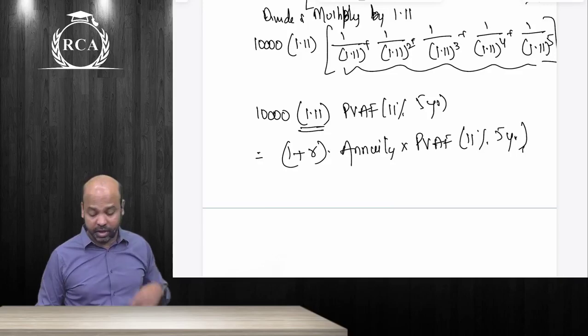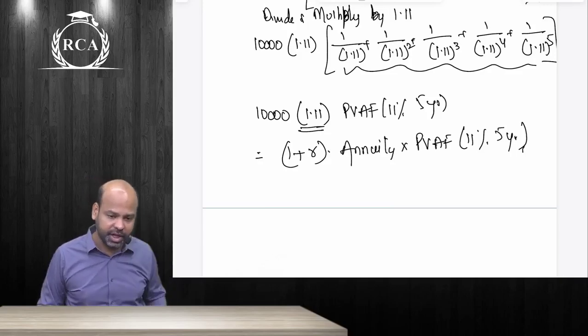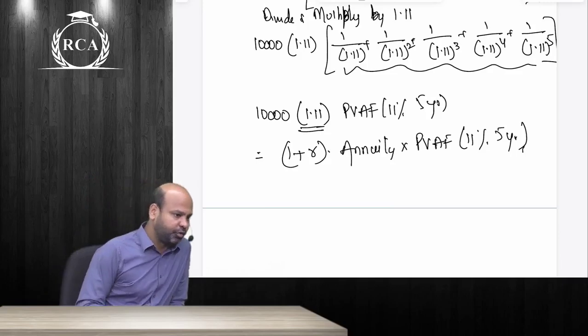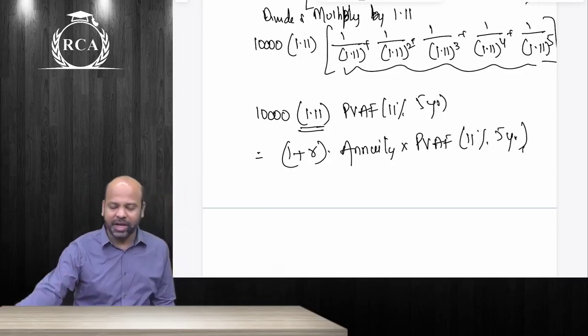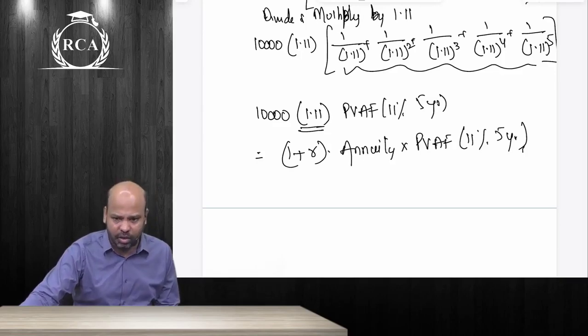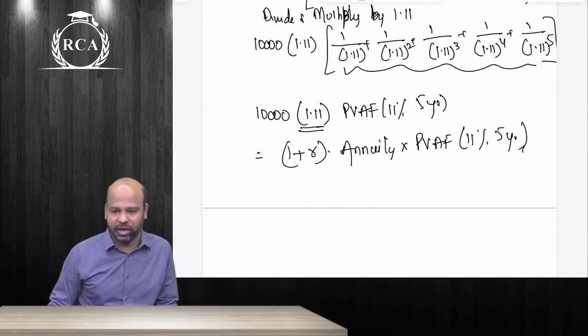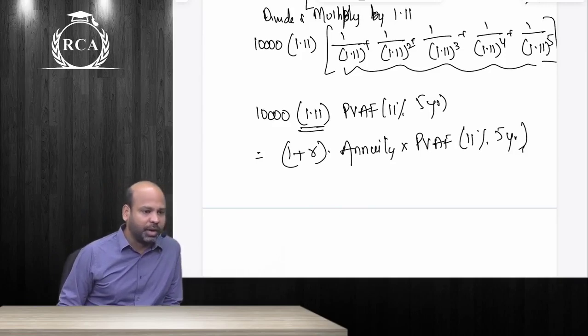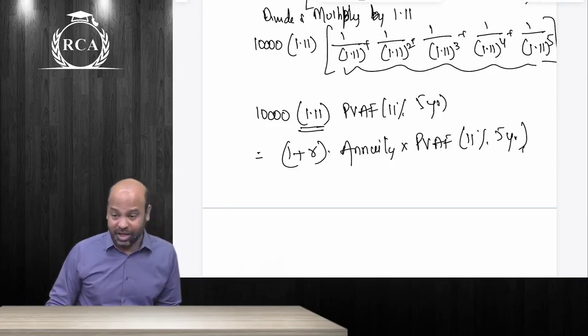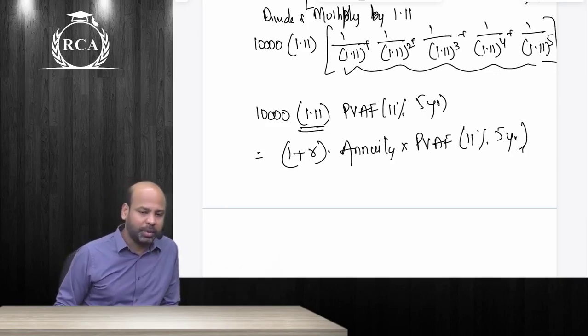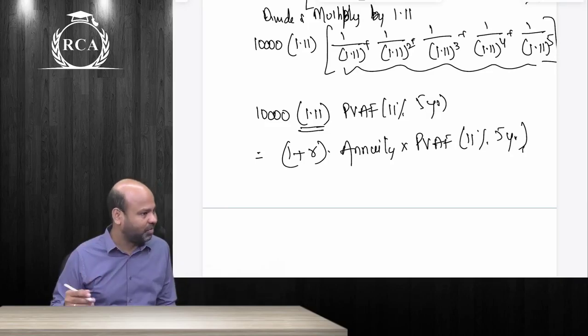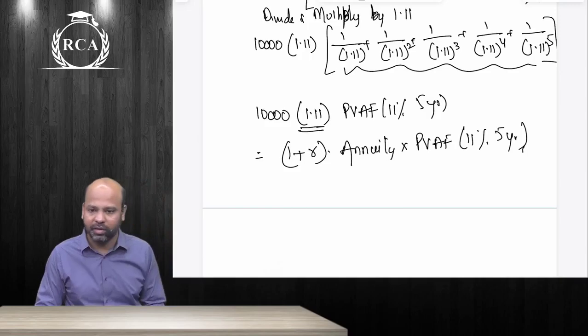So we did three present values so far. One is present value of a single cash flow. In order to arrive at present value of a single cash flow, you write future value divided by 1 plus r whole power n. Or you can also write cash flow multiplied by present value factor, not present value annuity factor. If it is annuity regular, you multiply your annuity amount with present value annuity factor. And if it is annuity immediate, you write 1 plus r into annuity amount into present value annuity factor. This is how you arrive at the present values.